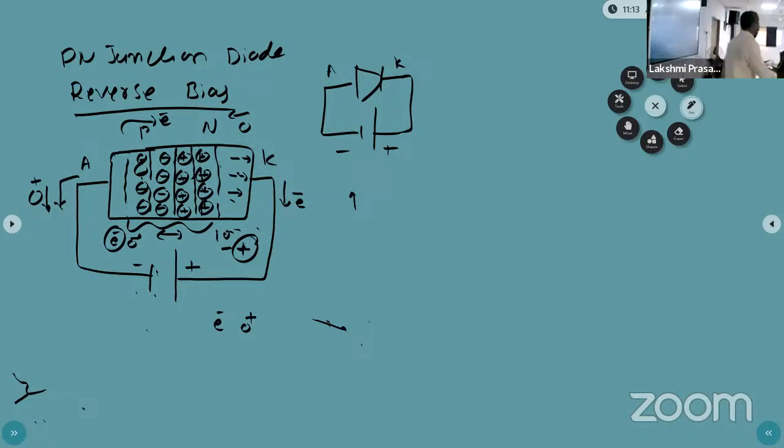Now that electron can be repelled by this terminal, and this hole is repelled by this positive terminal. So now the excess electron and hole pairs can try to move to the junction. Okay, now if you are still increasing the voltage,